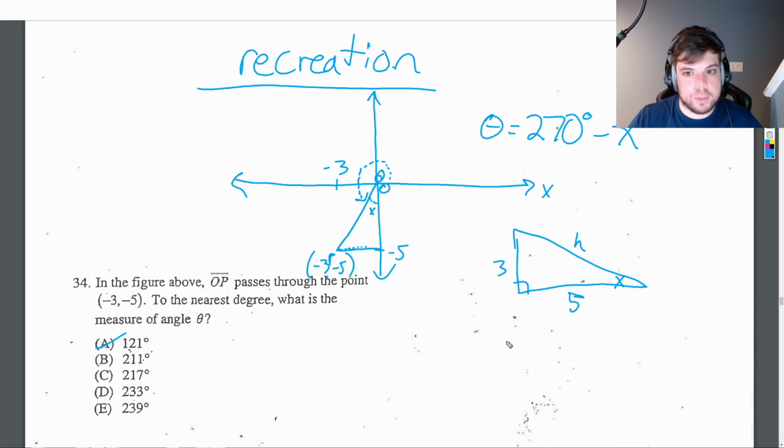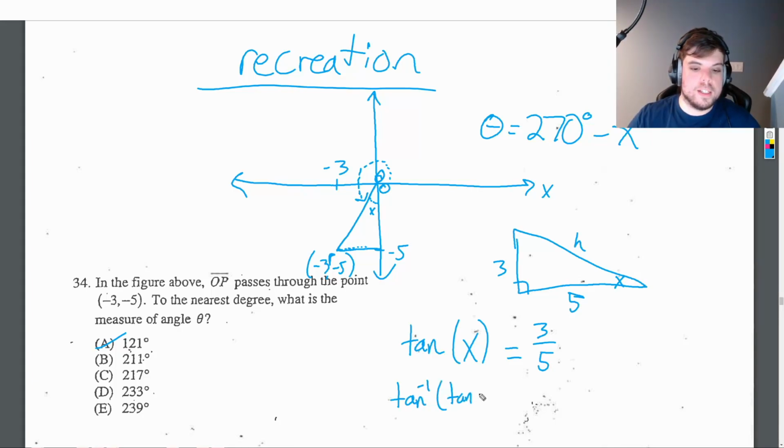And if we find x, we know theta. So the tangent of x is opposite over adjacent, so 3 over 5. So tan x is 3 over 5,